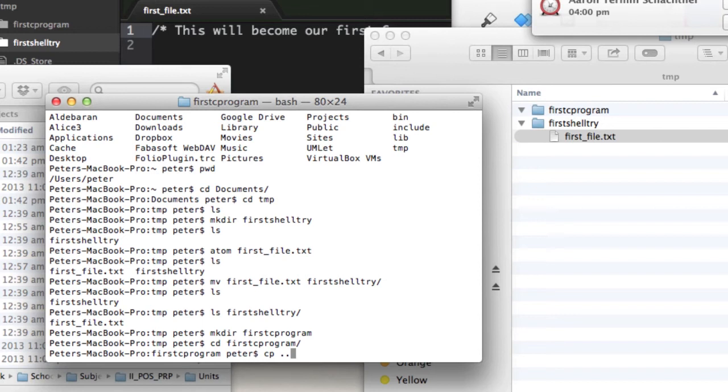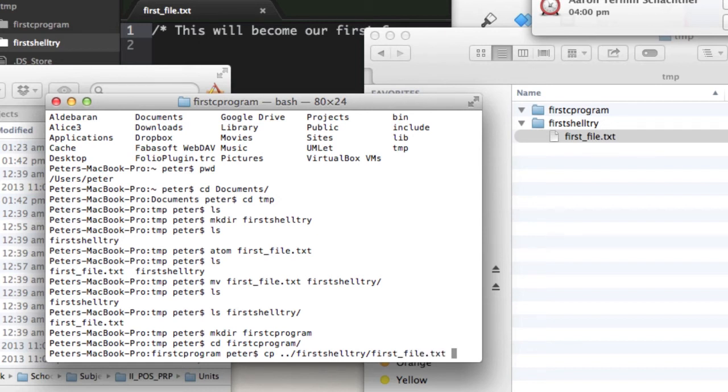This means one directory up the hierarchy, slash, so slash separates one name in the path from the other, and so this means we are up from first C program in temp, and then we can go into first shell try, and then we say which file we want to have, first file.txt,